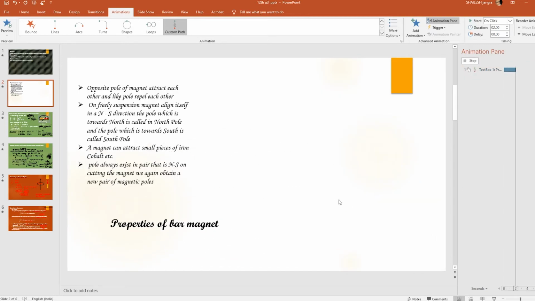That will move along this. This is used, for example, if you want to make a ball or some type of material in your presentation and it moves from one place to another place like this, then you may use this kind of effect. So I think custom path is the best option for all those who want to animate their text or animate objects in their videos or educational videos, because in educational videos